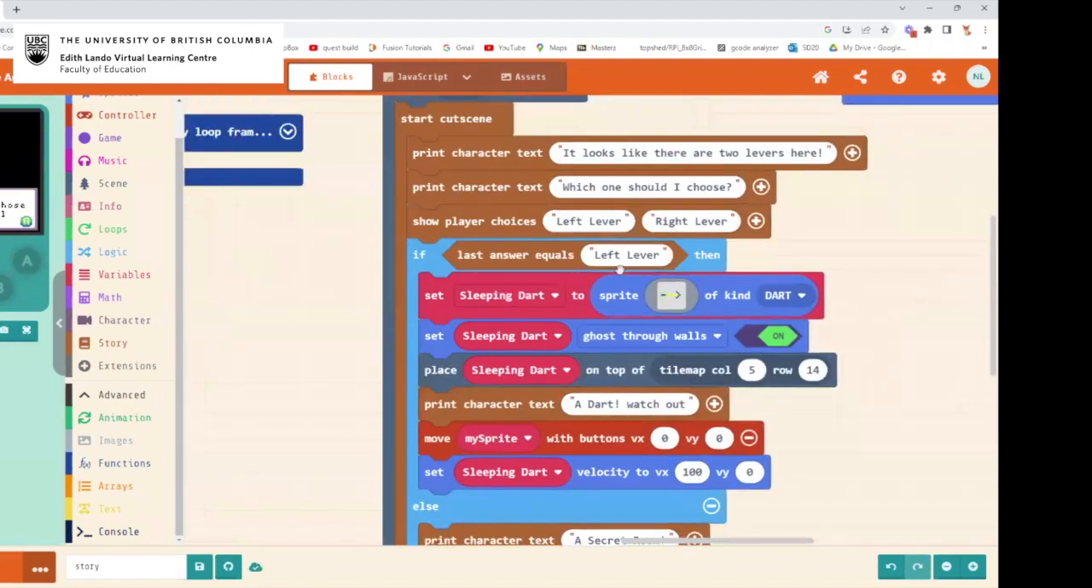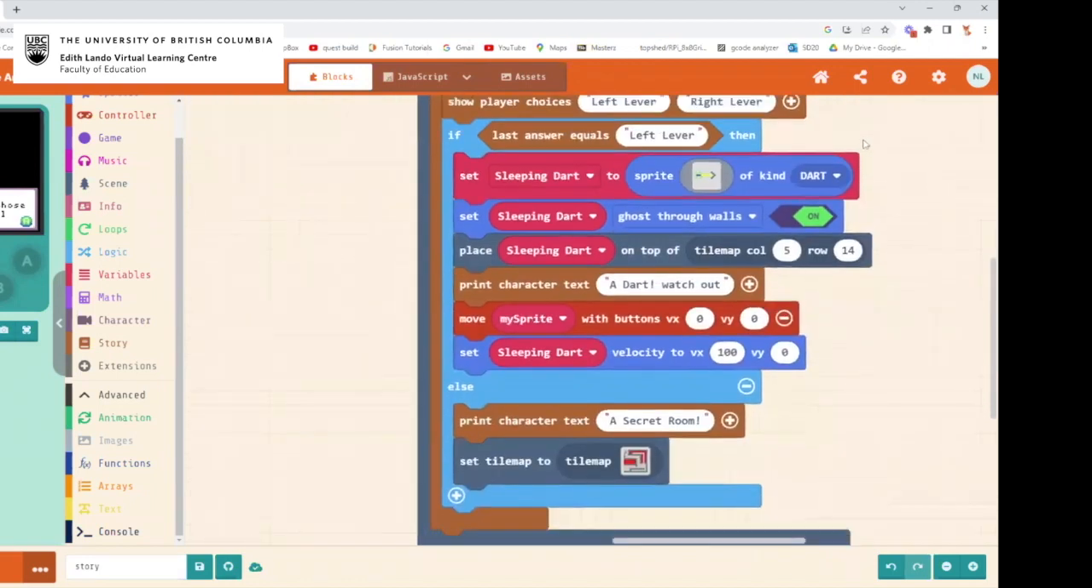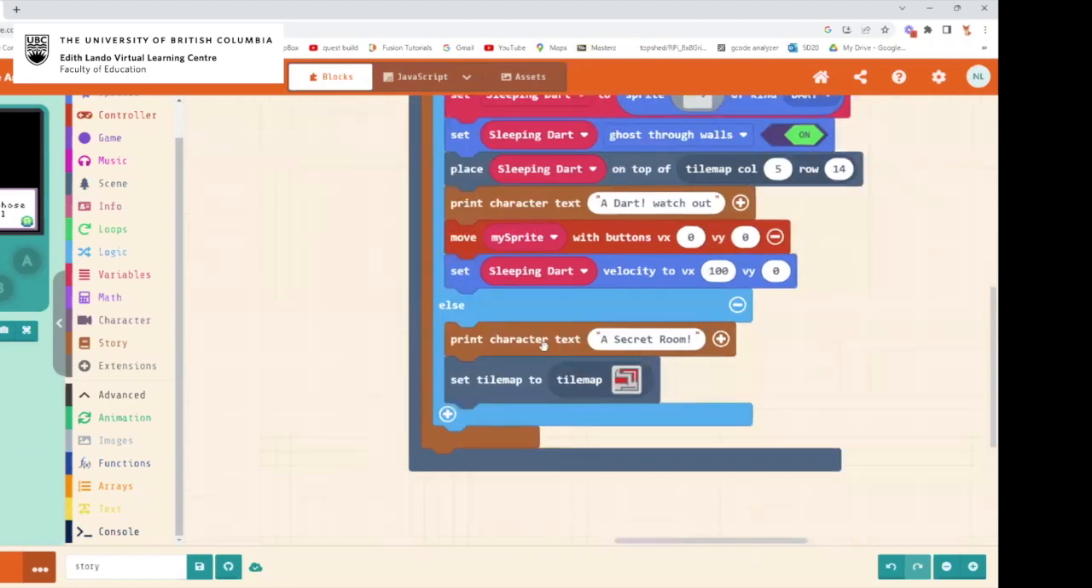If you remember, if we pull the left lever, it runs this code, but if we pull the right lever, that is the else block. Basically, if it doesn't run the left lever, then it runs else. So what it does, this is a secret room, and it sets the tile map to this tile map right here. Now, where this becomes a problem, and you wouldn't know this unless you'd actually run it, is